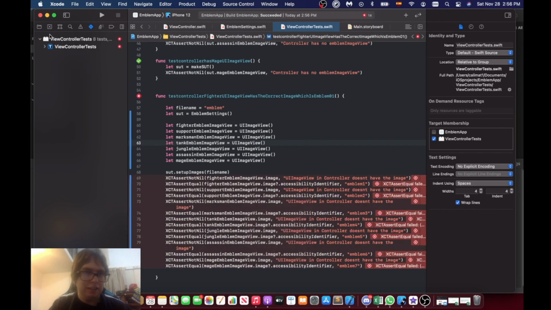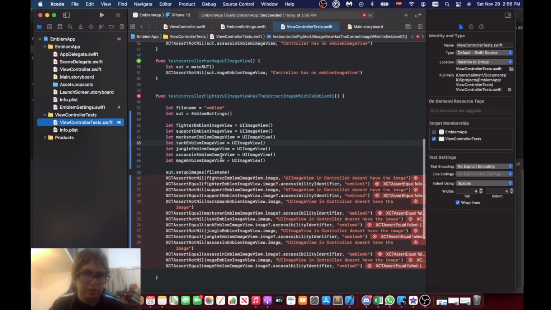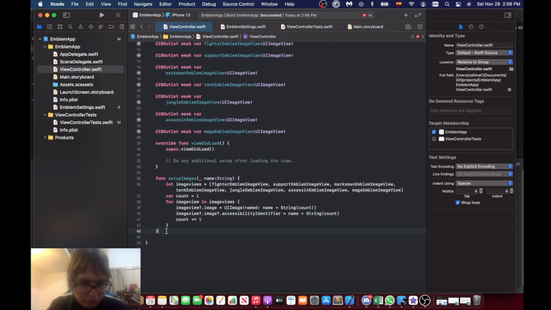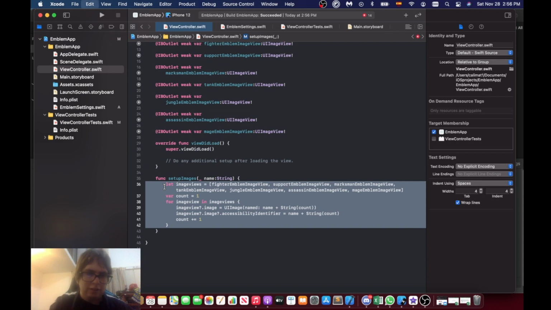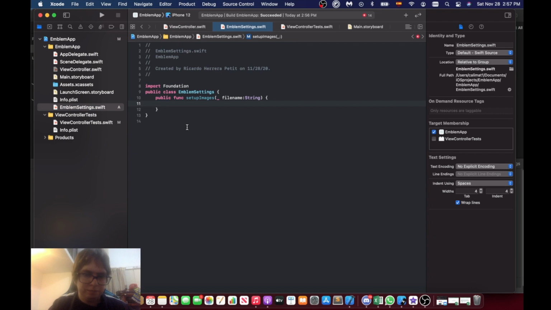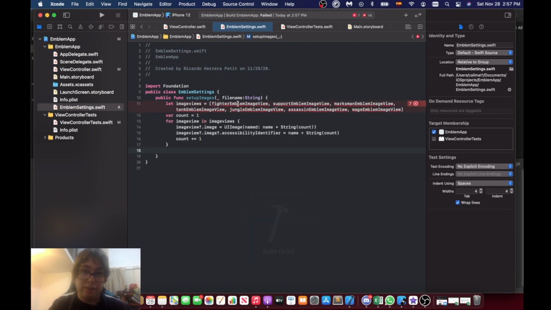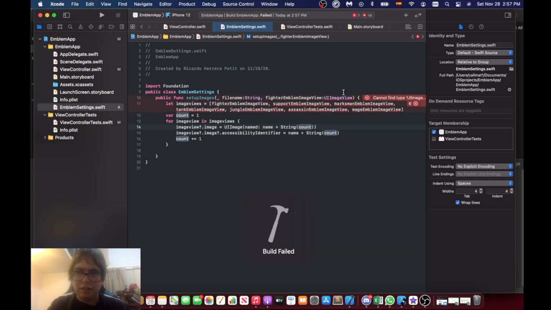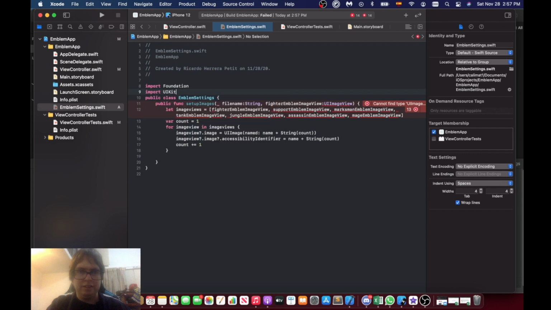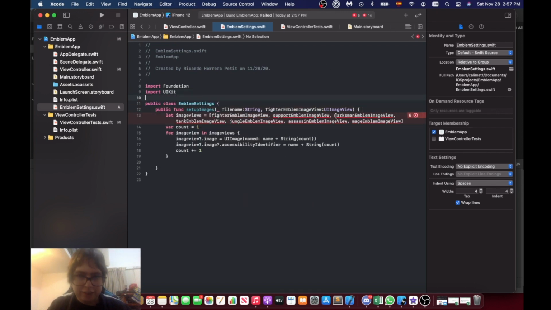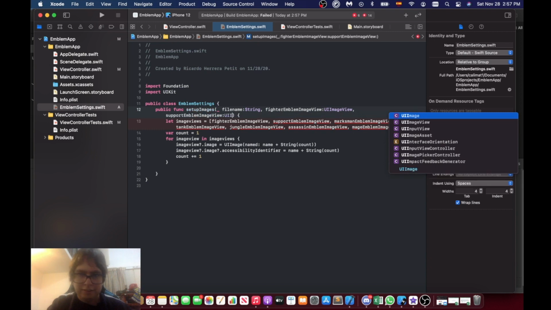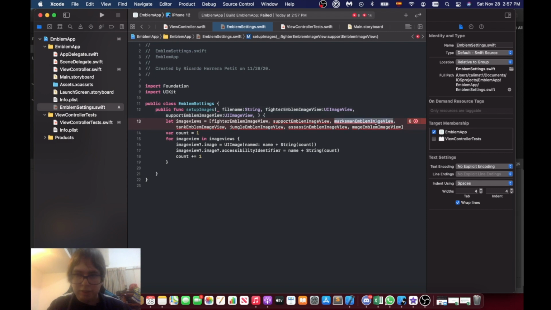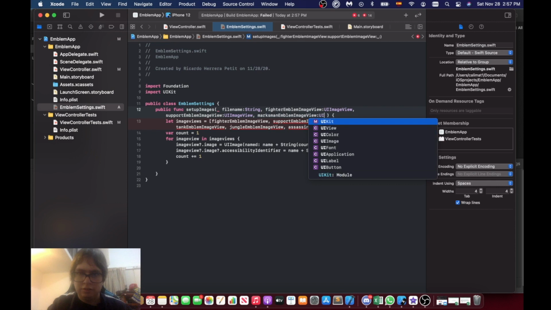Okay, now my tests are failing, and that's okay, because what I only need to do here is pass what I had here before in my setup images to my emblem settings here, like this, command U. Now I don't have this, so what I have to do now is pass everything here. UIImageView. Okay, UIImageView cannot be found because I have to import UIKit. Now it makes sense, right? Now I'll put in support UIImageView, then I'll put marksman again. I'm just refactoring, so image view,